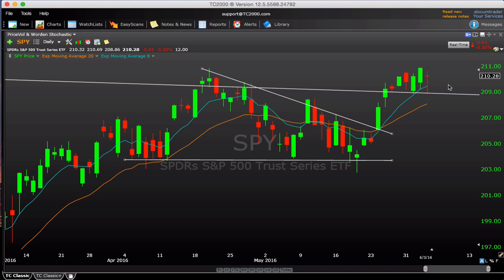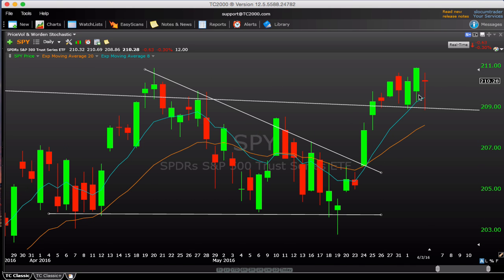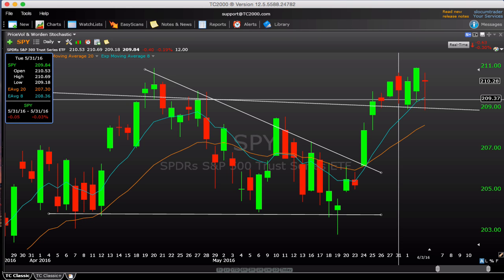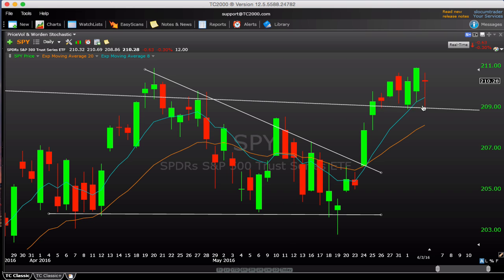So what this tells us here is that we spent 4 days testing and holding this 209 support. Remember, all week, holiday shortened week, we were down here at these 209 lows at some point in the day, and the bulls did defend it each and every time. So that is constructive. However, the multiple retests and the magnet-like action at this area down here has me a little bit less excited about this market just from a pure momentum standpoint.